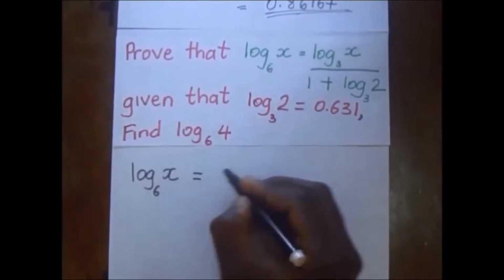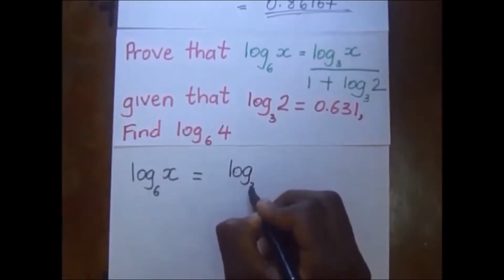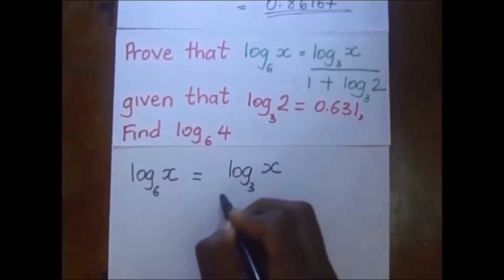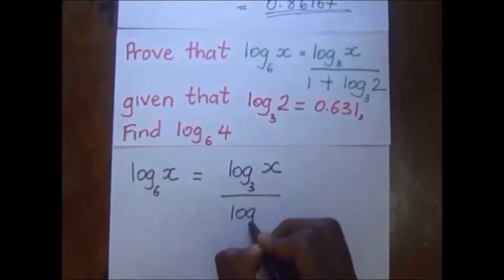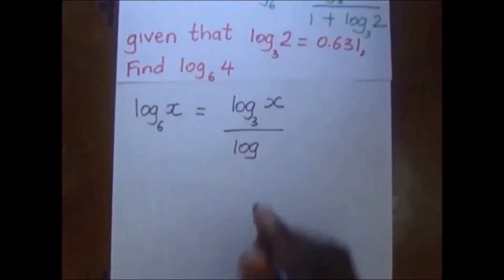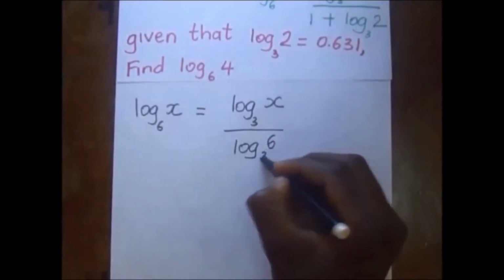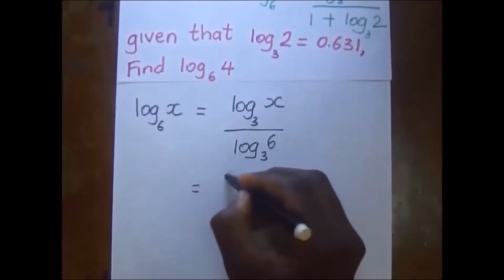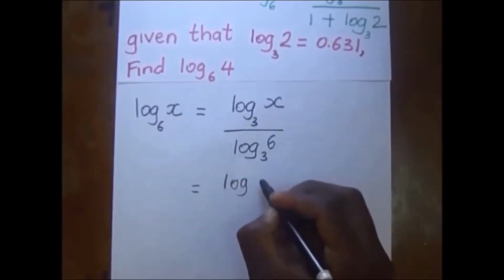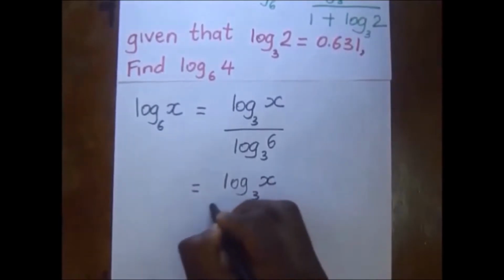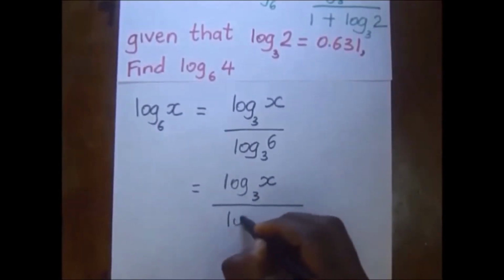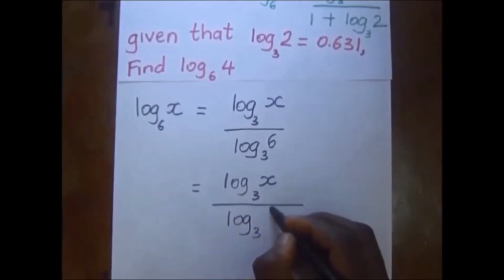So this is going to become log base 3 of x over log of 6 base 3. That's going to become log of x base 3, divide that by log of 3 into,